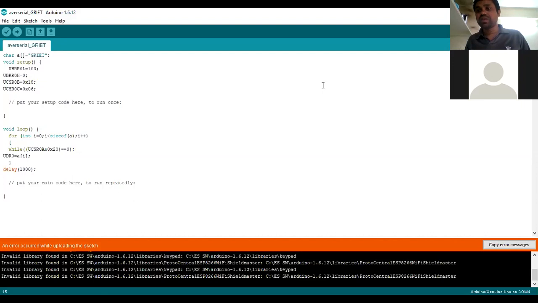Within it, so many registers are available. There are A, B, C registers. The A register is to check whether data is available or not, B is for enabling reception and transmission, and C is to set the character size. Okay, these are the conditions. This is a predefined function internally; all the settings are done by the predefined function Serial.begin 9600. Okay, any doubts?